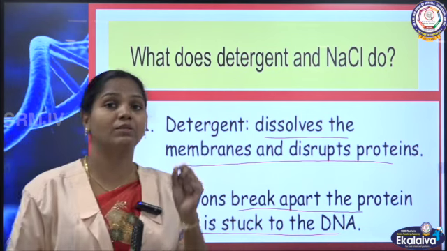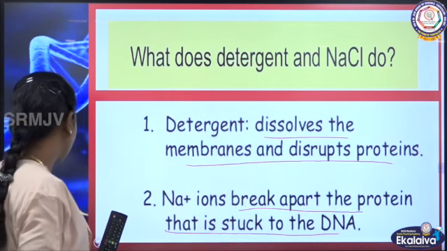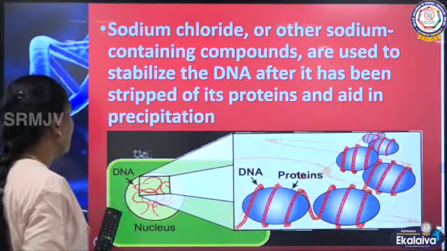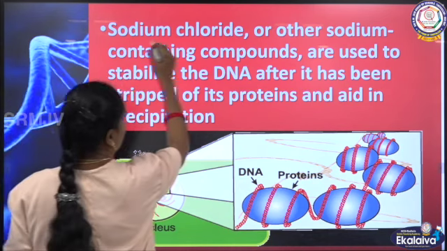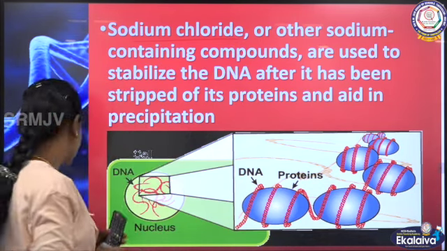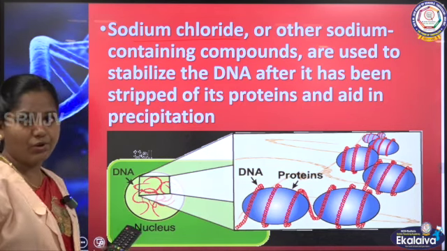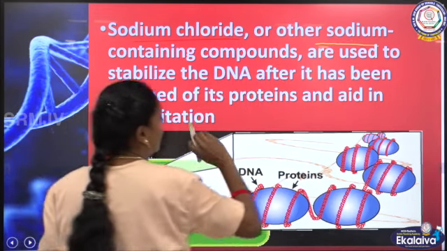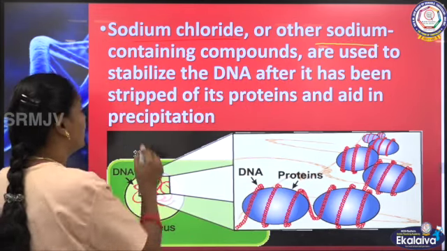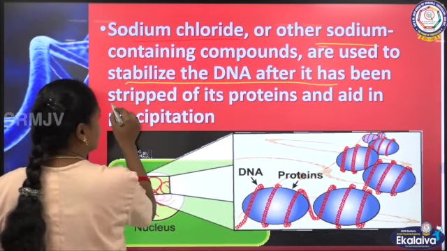For this purpose only we are adding detergent and sodium chloride in the DNA extraction process. As I told you, it need not be sodium chloride. In some places they even use sodium acetate. Any sodium compound can be used. And what the sodium compounds are doing is stabilizing the DNA after it has been stripped of